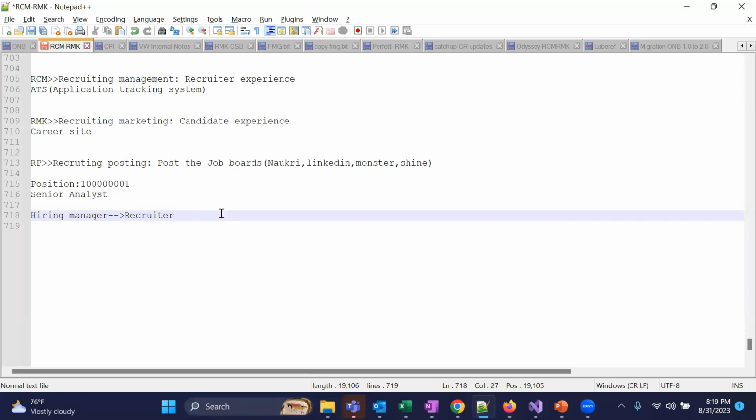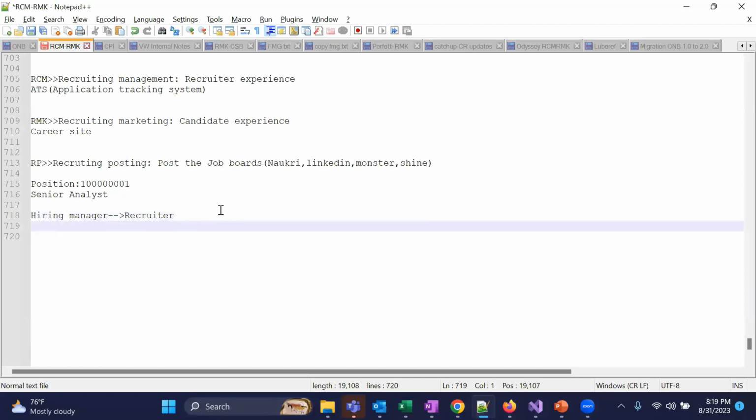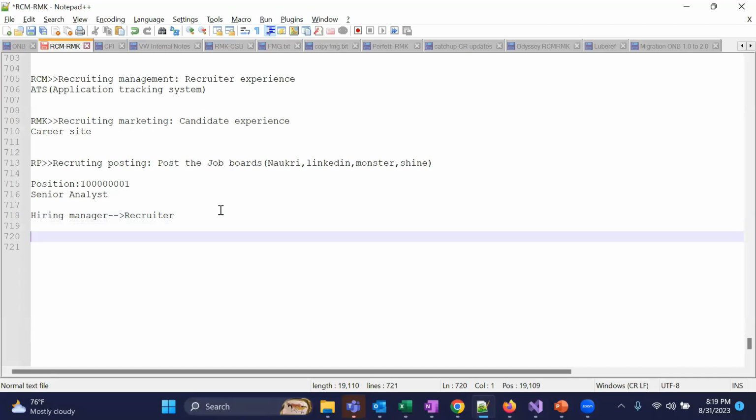So the hiring manager creates a requisition. There are different ways of creating a requisition, which I'll tell you about in the upcoming sessions, but they will create a requisition. How do they create it? What all the details will be there in the requisition, such as the requisition ID, requisition status,